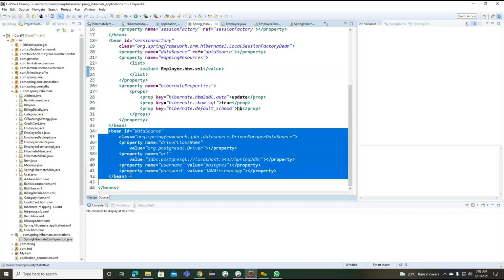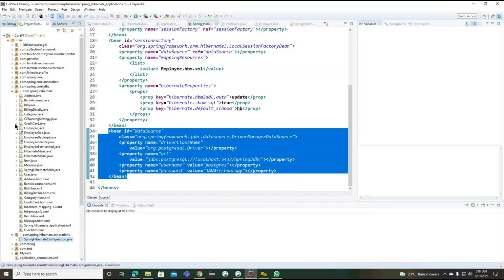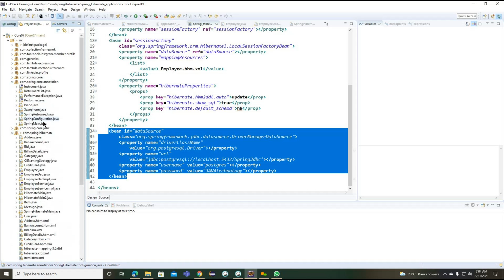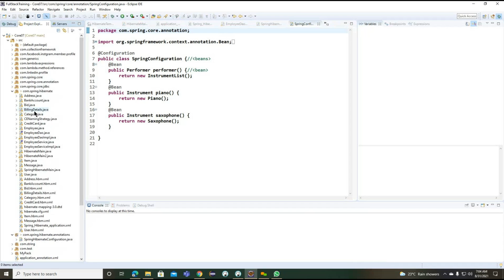First, we'll create a data source. This is the bean we already discussed, the data source, which we already identified in our JDBC related example. Where is our JDBC related example?